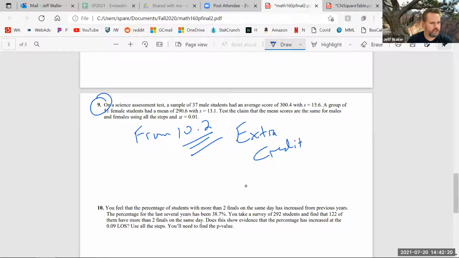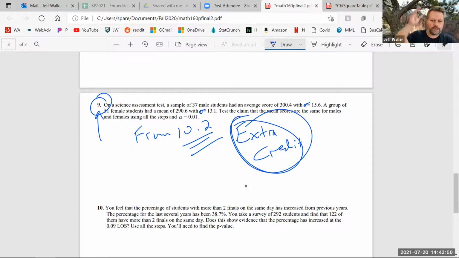Let me do one other thing, because to be honest, it's actually not from 10.2. If you did the extra credit and want to try this out, I am going to have a bonus question related to this. Just change these to sigmas, because that's the section I made extra credit. This is actually from like 10.1, I think, where they use S, and that gets really freaky. So if you want to try number 9, it is extra credit, so you don't have to worry about it. It's going to be a bonus question, not a normal question on the final.